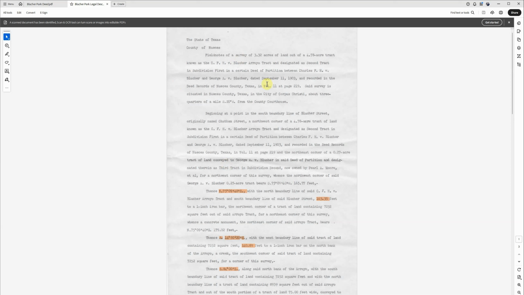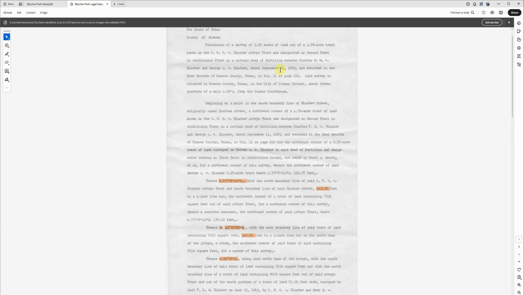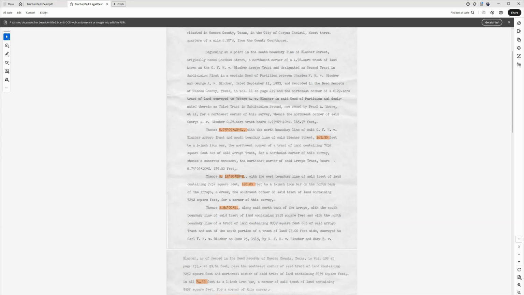But you'll see we have who the owner of the current parcels are, where they're supposed to be located in the deed records. So if they have a historical archives at the county, you'll be able to try to find some of this information in there. We have dates and everything that we can search for. So what we do next is we're going to prepare